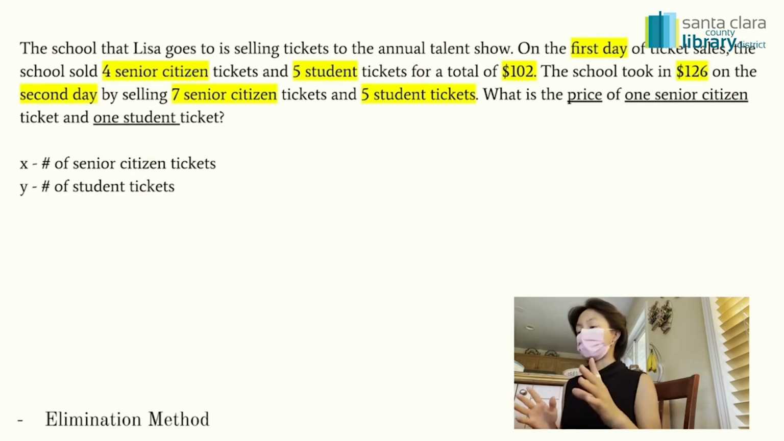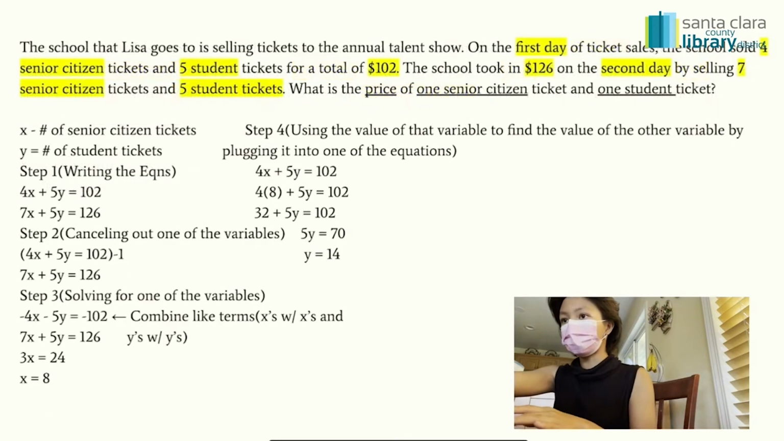Step 1, writing the equations. We have 4x, because on the first day, 4 senior citizen tickets, 4x plus 5 student tickets, 5y equals a total of $102. 7x from these senior citizen tickets plus 5y student tickets equals $126 because the school took in that much money on the second day,